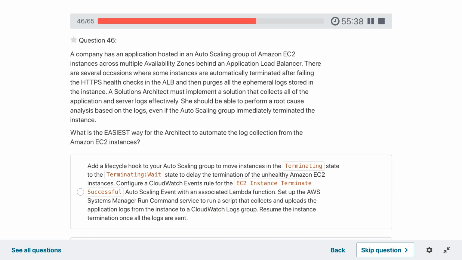A solution architect must implement a solution that collects all of the application and server logs efficiently. She should be able to perform a root cause analysis based on the logs even if the ASG immediately terminates the instance. What is the easiest way for the architect to automate the log collection?